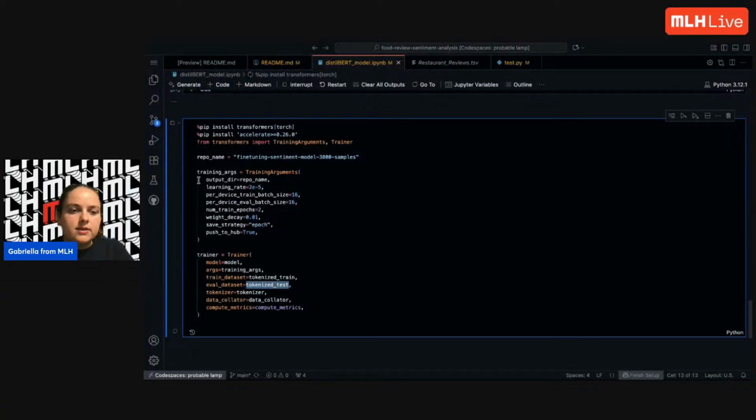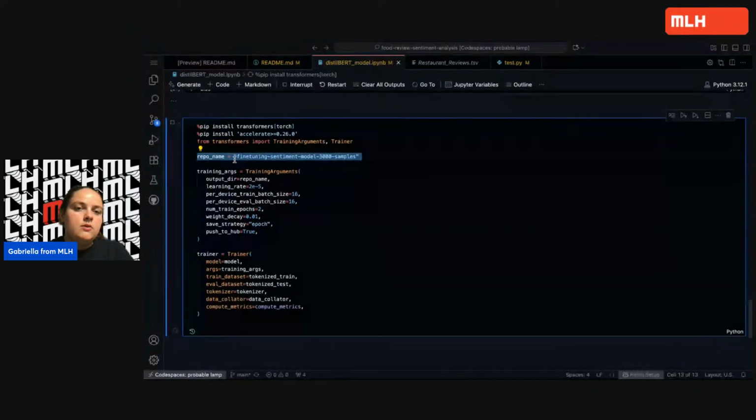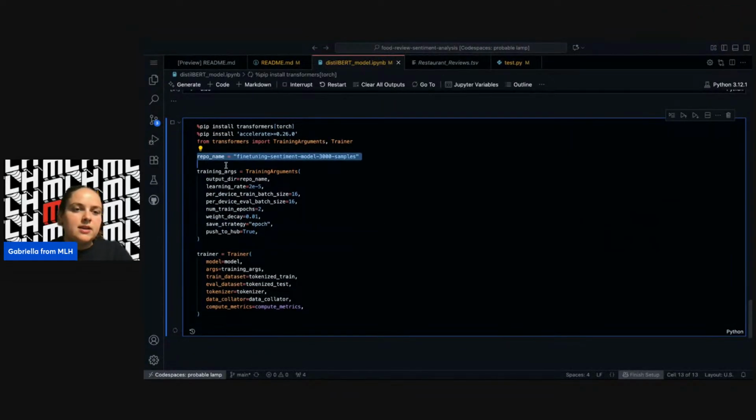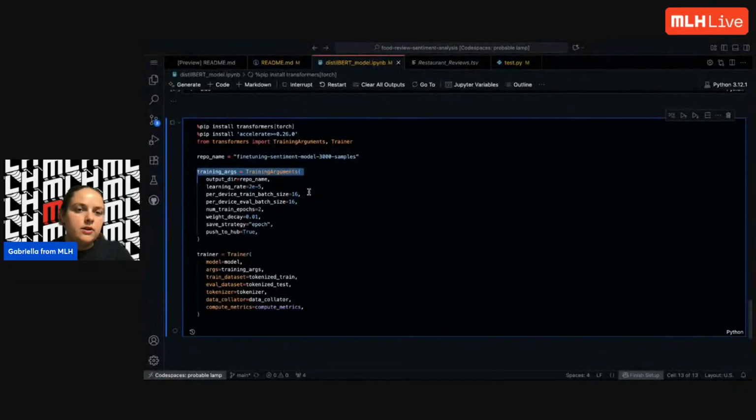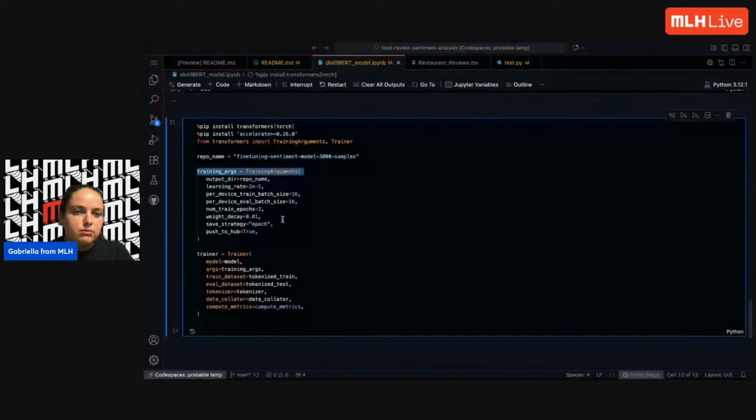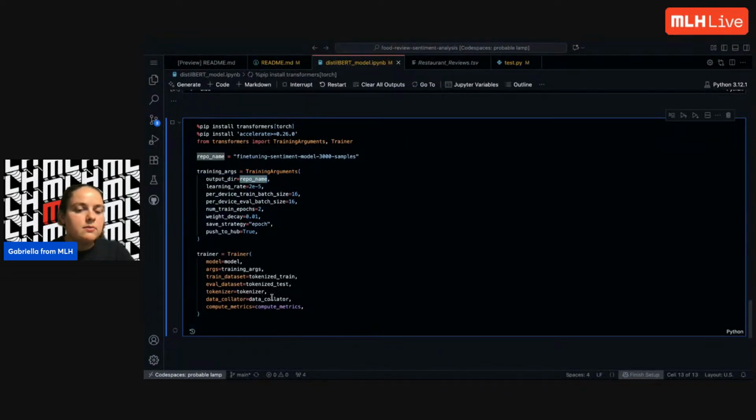Yeah, I can talk through all of this now that it's running. So we have our import statements, the repo for our fine-tuning sentiment analysis, as well as our training arguments for actually training the model. So we have where the output is going to go. I think we need to put an actual repo in here, and that might be why it's taking so long. We'll see in just a second. These are for how fast it's learning, how fast it's going to go, like the batch size,